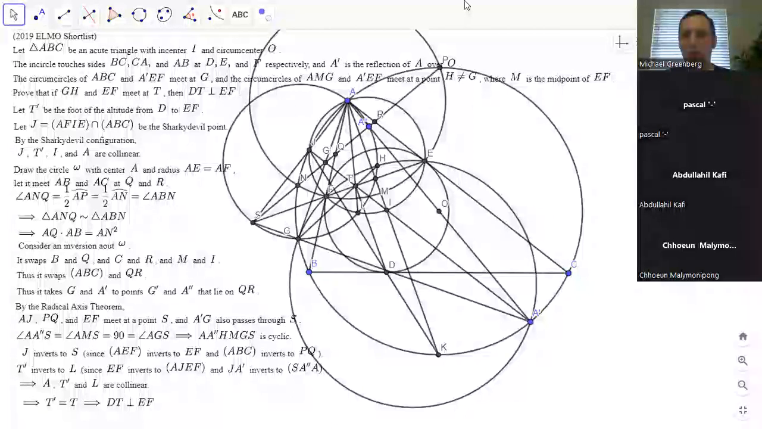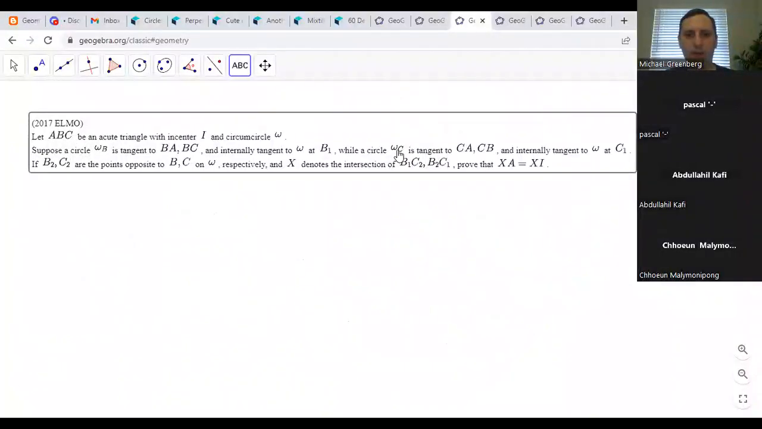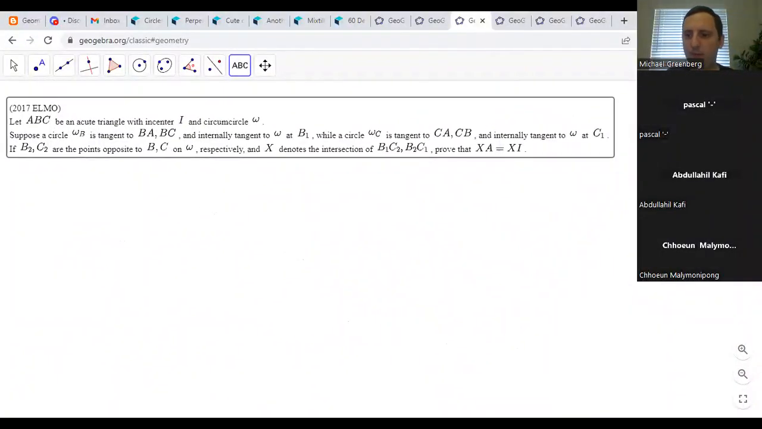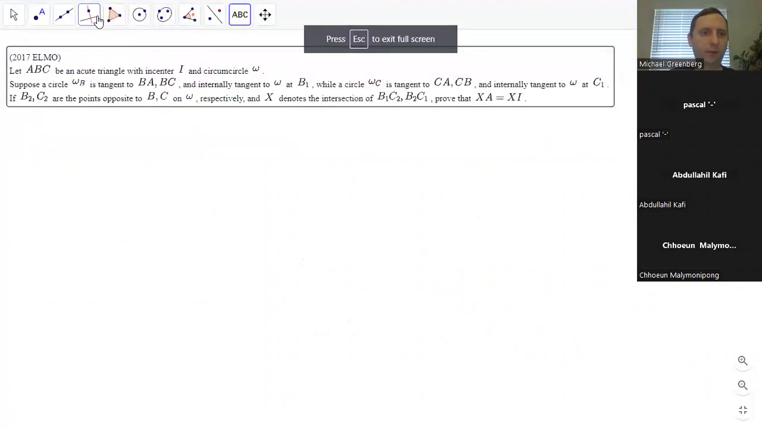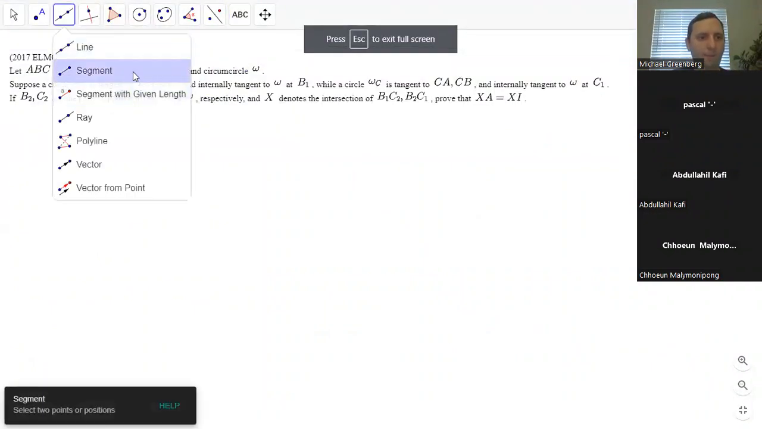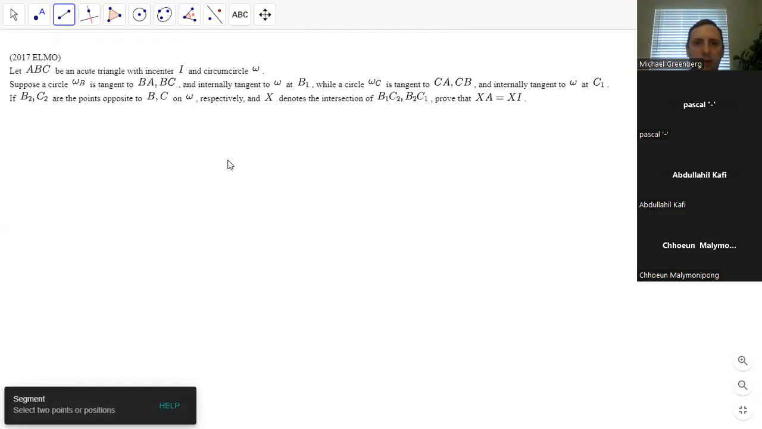Okay, so let's try this problem. So we have two mixed linear circles. And